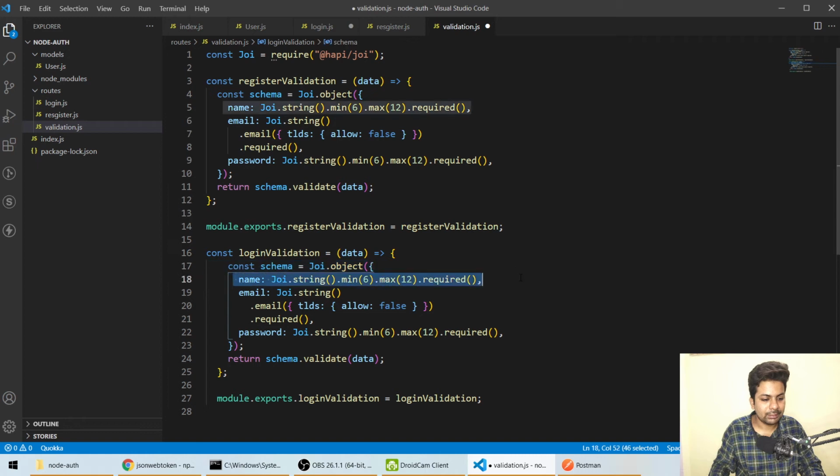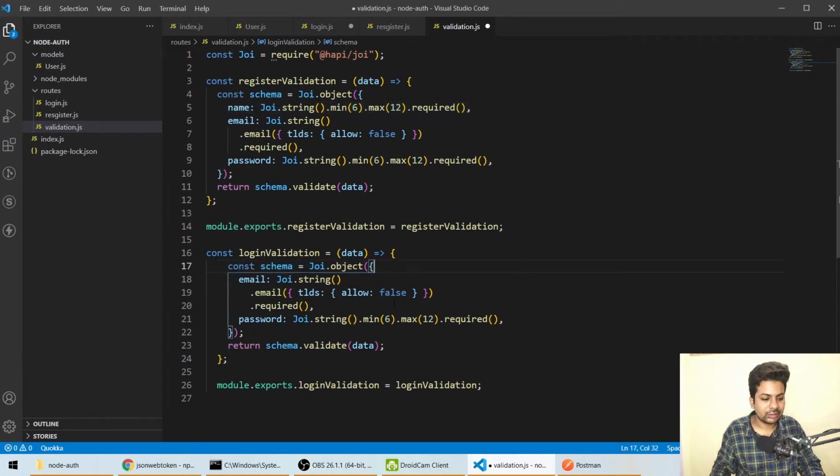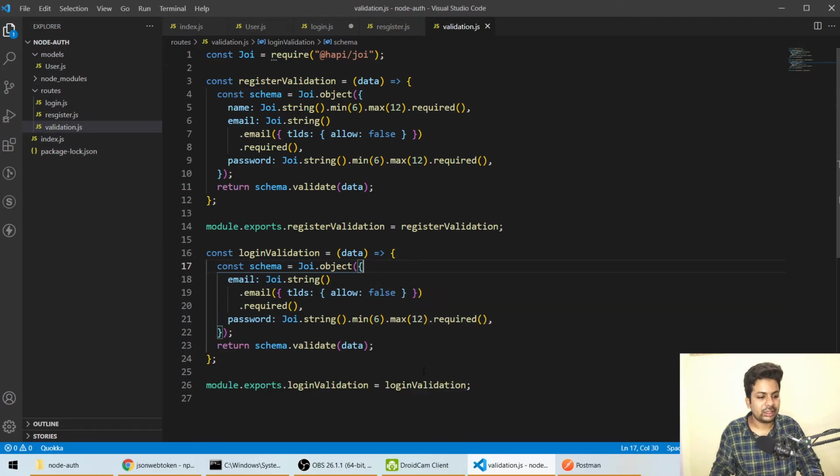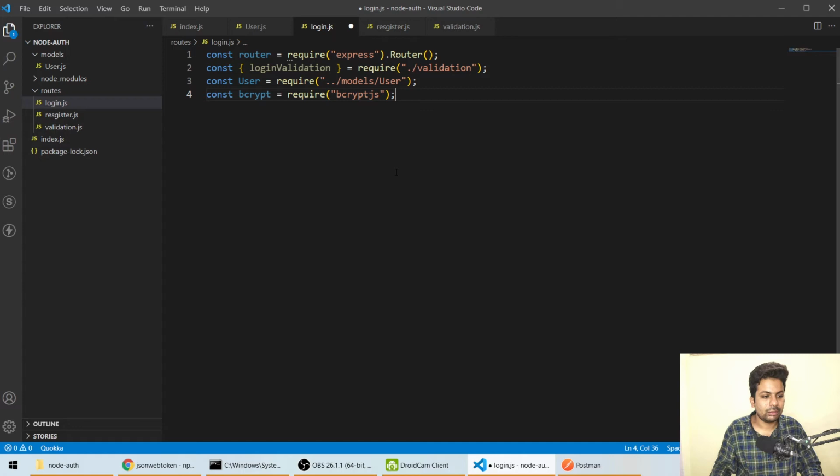We don't need the name, we need email and password, and check whether there is an email and password. Okay, and we'll just save it. Now let's get started with the email part. So I think we need JWT also.